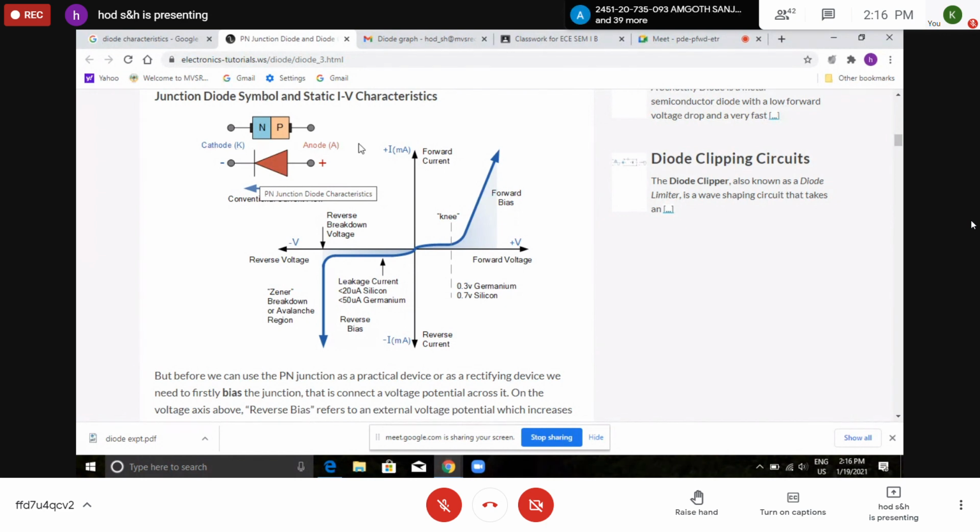But actually in your regular lab, you have to draw the graph in four quadrant mode. So you have to divide the graph sheet into 4 quadrants, and the first quadrant you can use for forward bias arrangement, and the third quadrant you can use for reverse bias arrangement. So let us assume the first quadrant is for forward bias, and the third quadrant is for reverse bias. So you divide the graph into 4 quadrants.